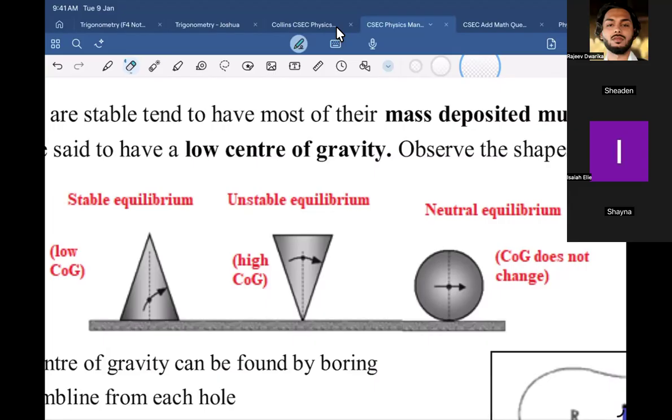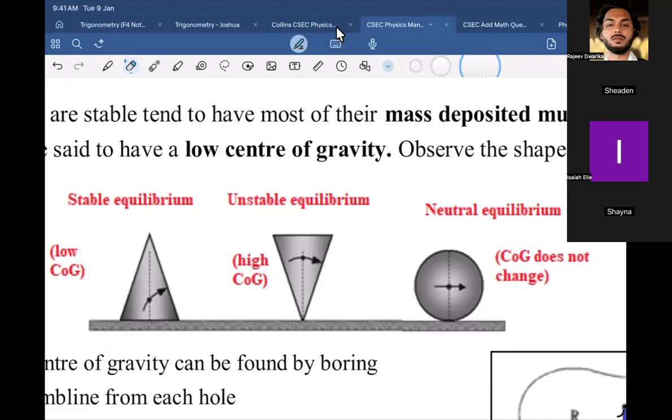Okay, Isaiah, you with me? Ladies, listen up. This is the common sense explanation. If you have something in stable equilibrium, it would stay there, right? If you hit it, it would probably stay there. Unstable equilibrium, if you hit it, it will fall down; it's very easy to fall down. Neutral equilibrium is kind of in the middle. If you apply a force, it will just move, and eventually it will stay there until you act on it again. So these are the things you need to know.